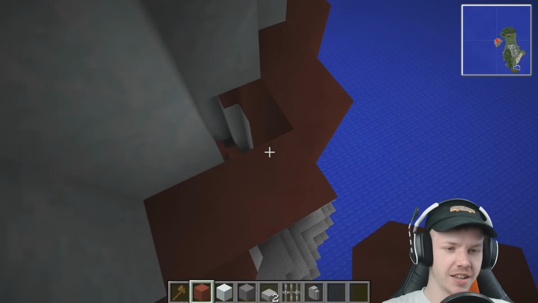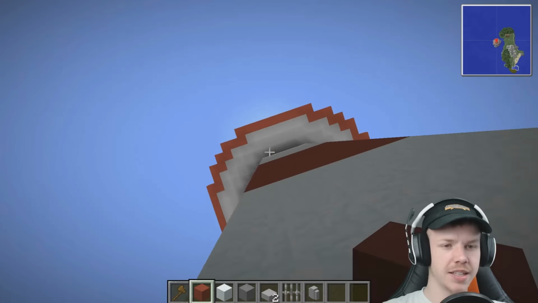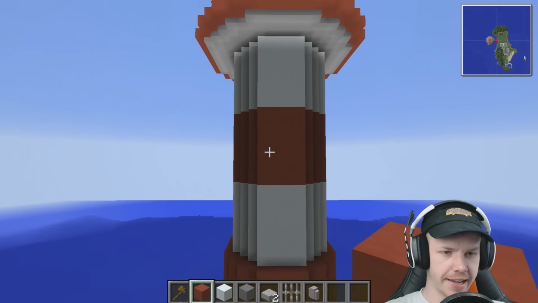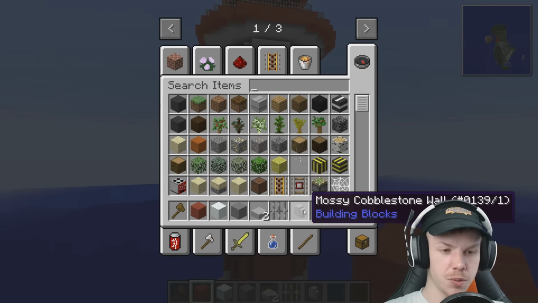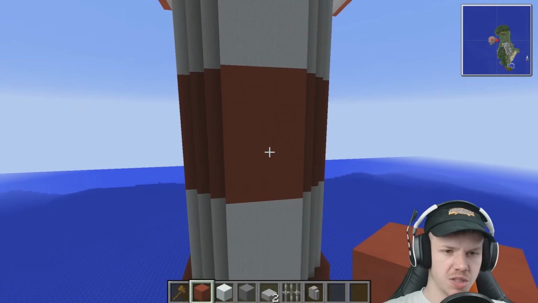Let's get out of here. Oh, I saw one block. I forgot that one there. There we go. That tidies up that inside. Now, windows. Windows are very important on a lighthouse. And I think we probably want to stick with this sort of grey that we're using. We might even use the cobblestone walls here as well. I think we'll put the windows in